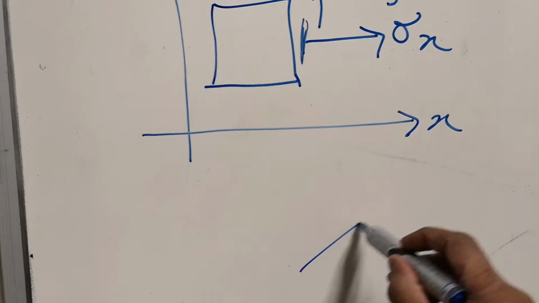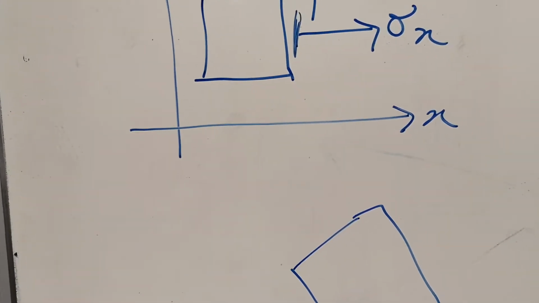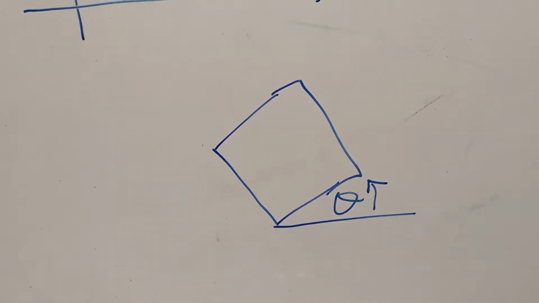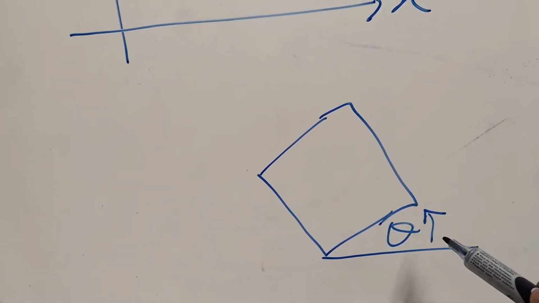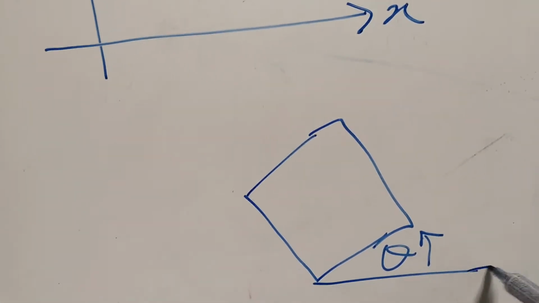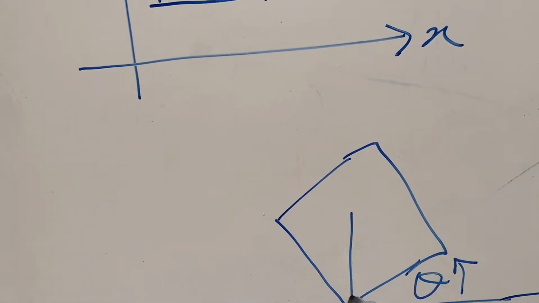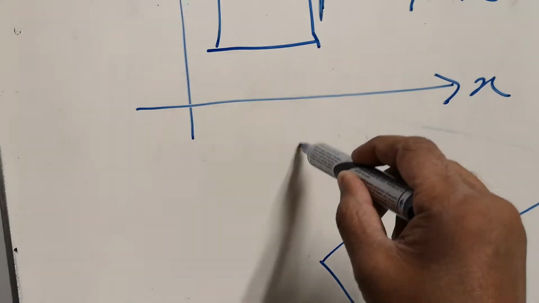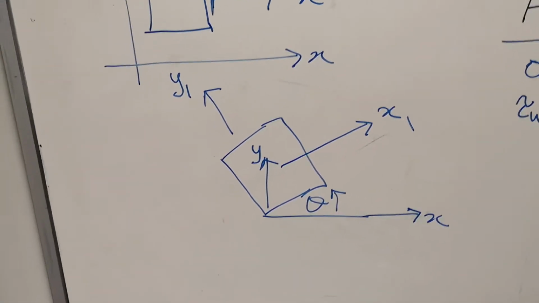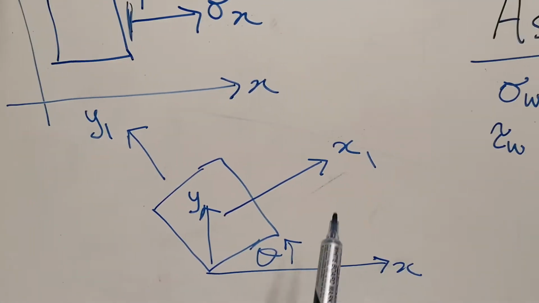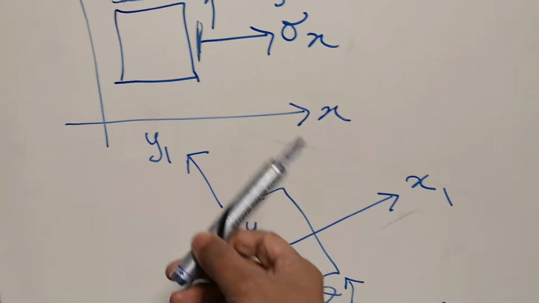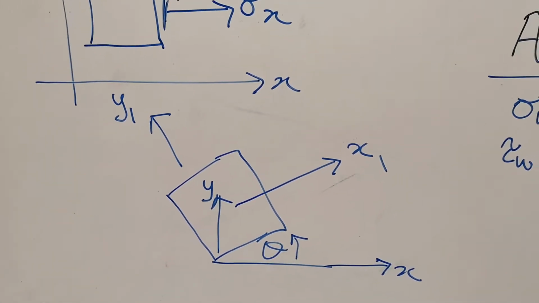So something happens to the element, and the element rotates by an angle theta. This is your angle of rotation. Theta is positive in the anti-clockwise or counterclockwise direction. So this is your initial axis, and then when you rotate it, you have a different set of axes. You rotate it by an angle theta, whatever the angle theta is. You have a new system of axes, an x1 and a y1, and correspondingly, in the new coordinate system,